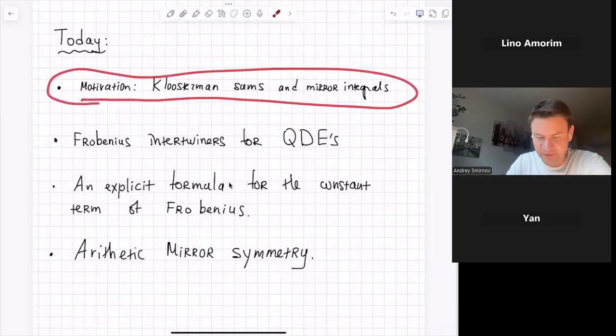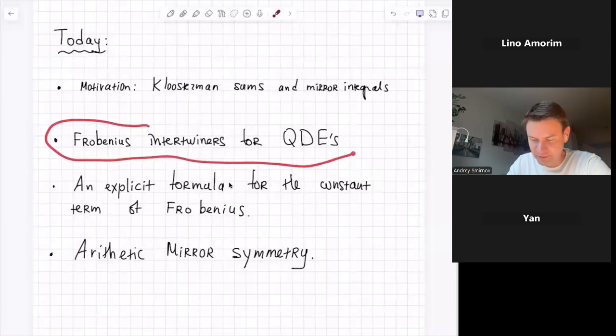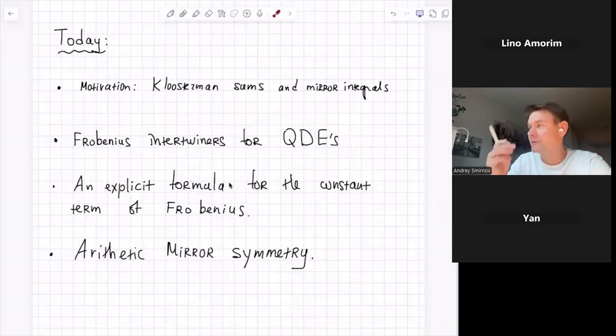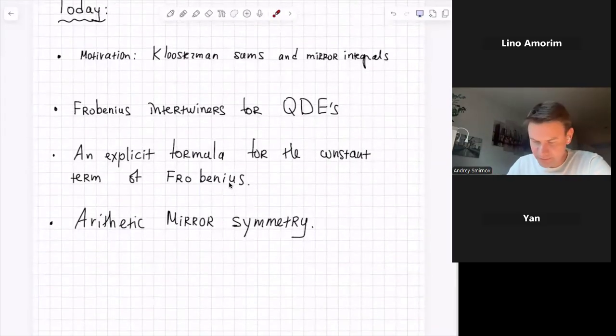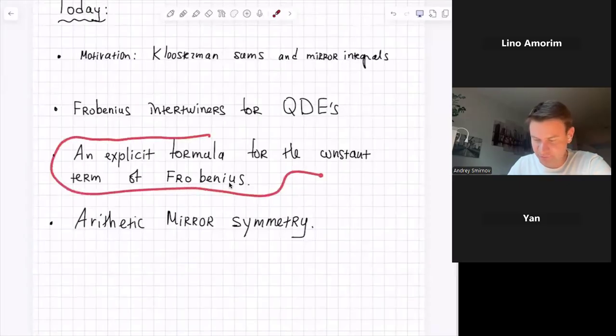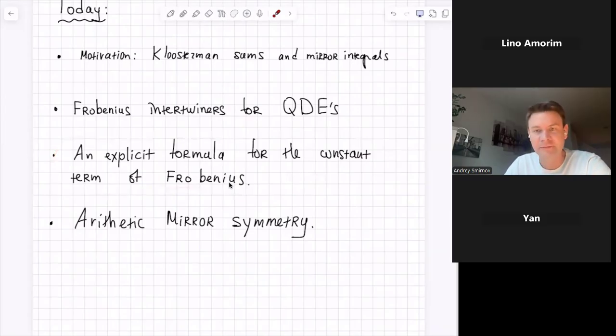So motivation will be some kind of finite sums which appear in number theory. Then I'll try to explain how these finite sums are related to differential equations, namely differential equations which appear geometrically as quantum differential equations for some varieties. And then we'll discuss Frobenius structures for these equations, and I'll also explain some interesting new formulas for these Frobenius